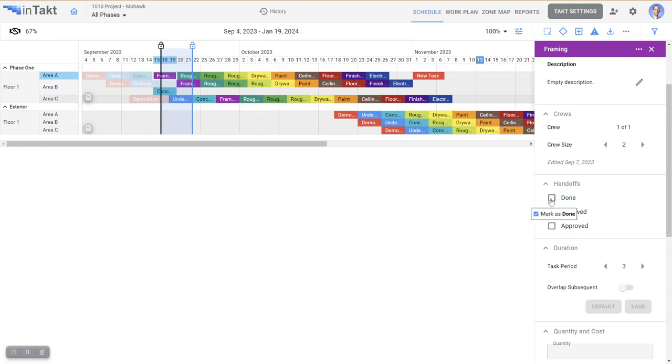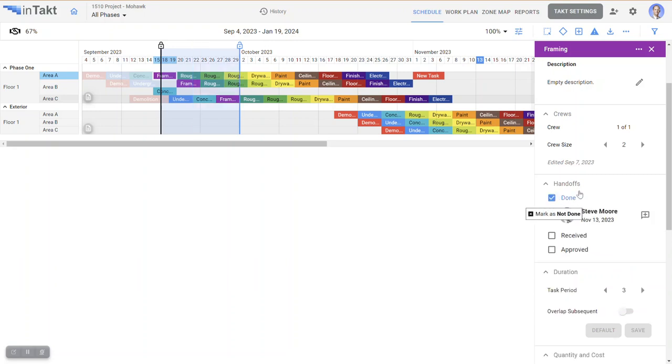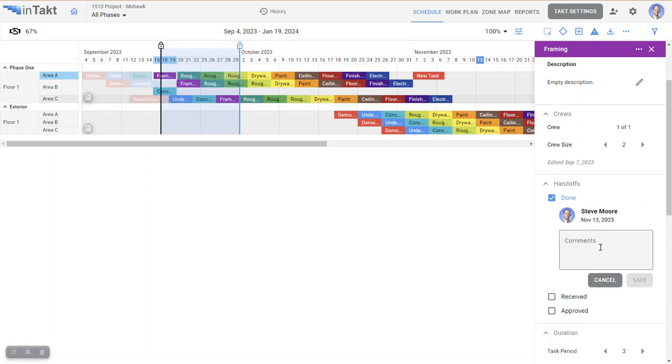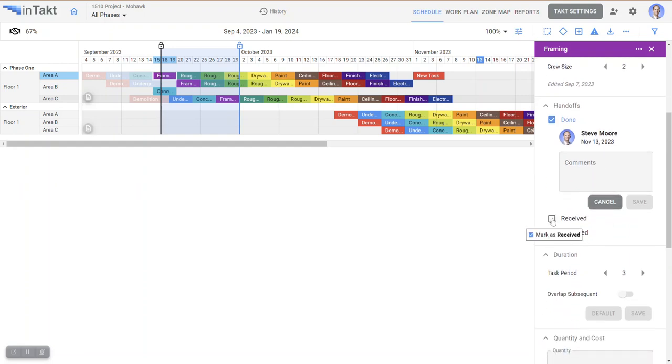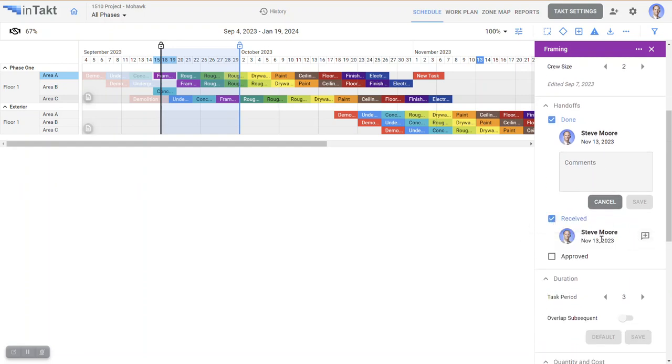And so the trade that's completing the work, the framer, they'd tap done, and it'll automatically log who it was that said it was done. And that person that said it was done can even put their own comments if they so choose. The next party is going to tap received,